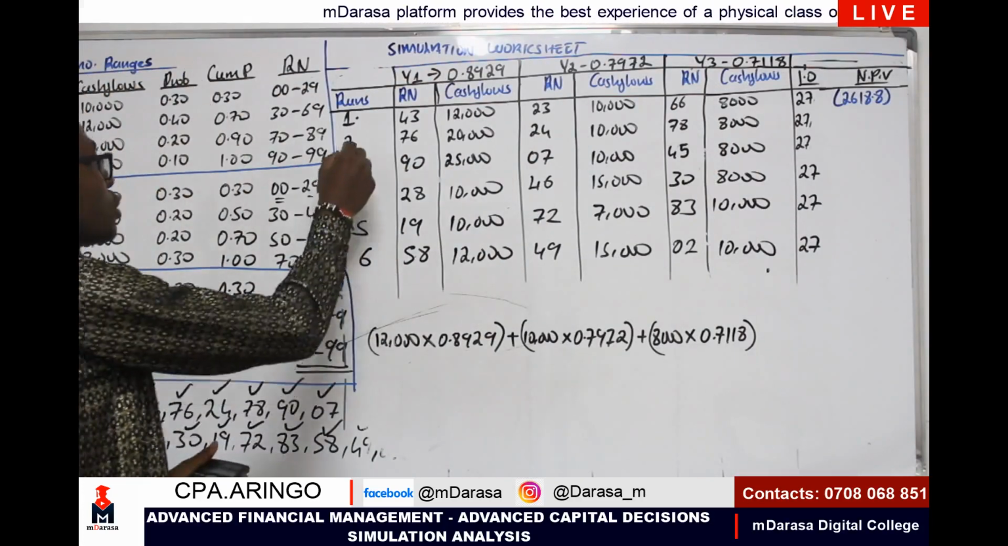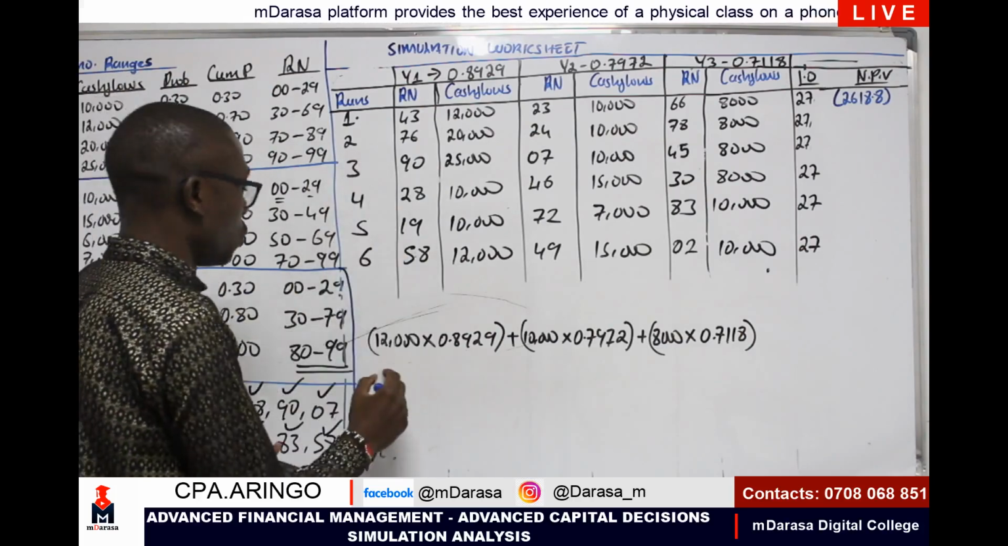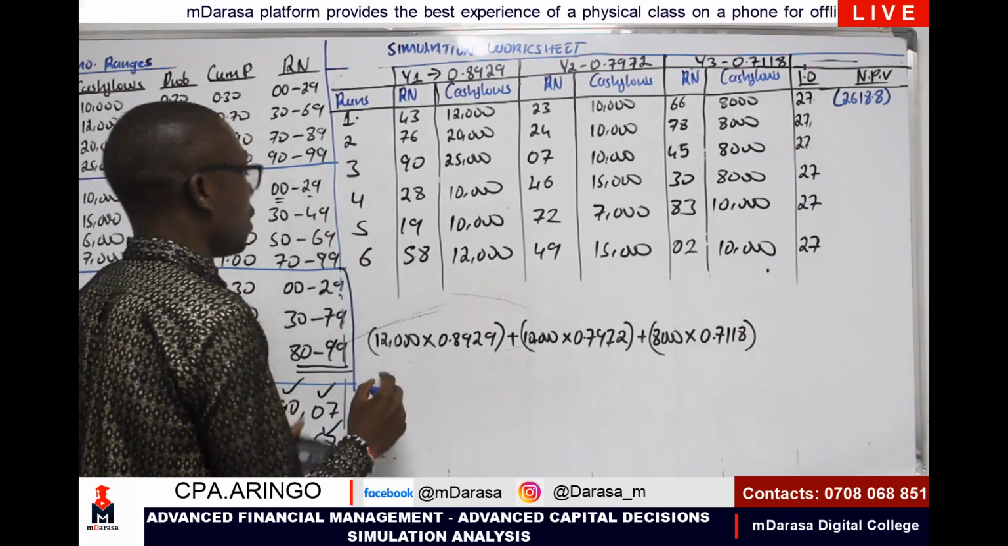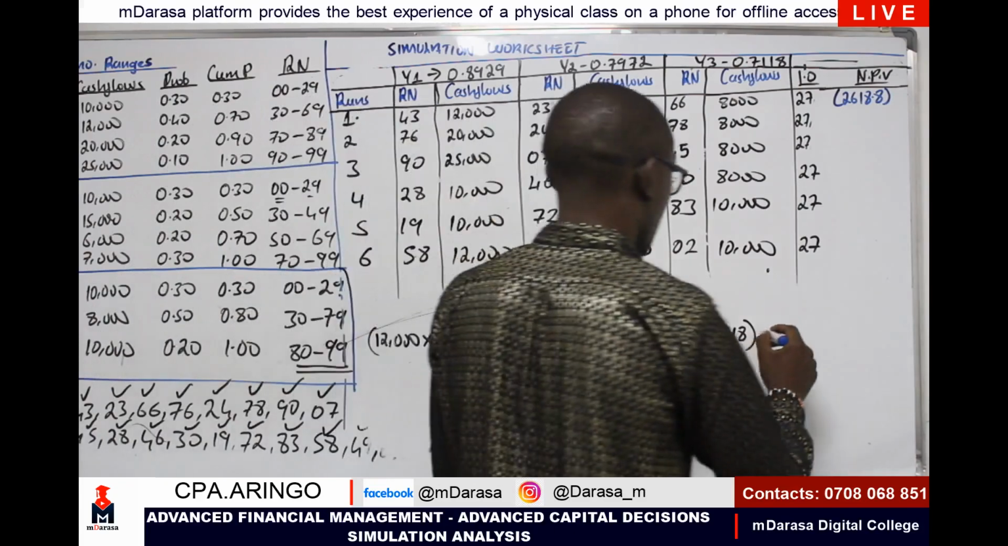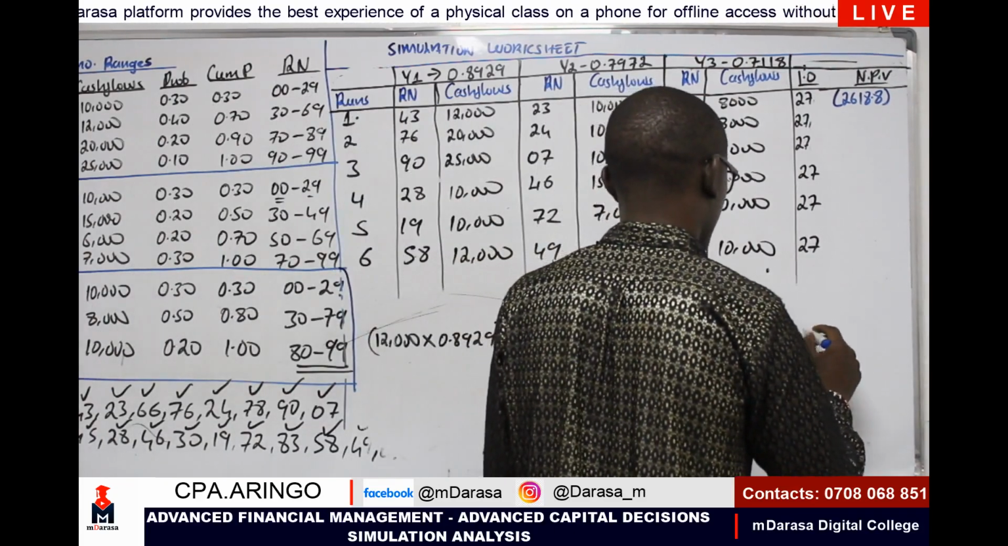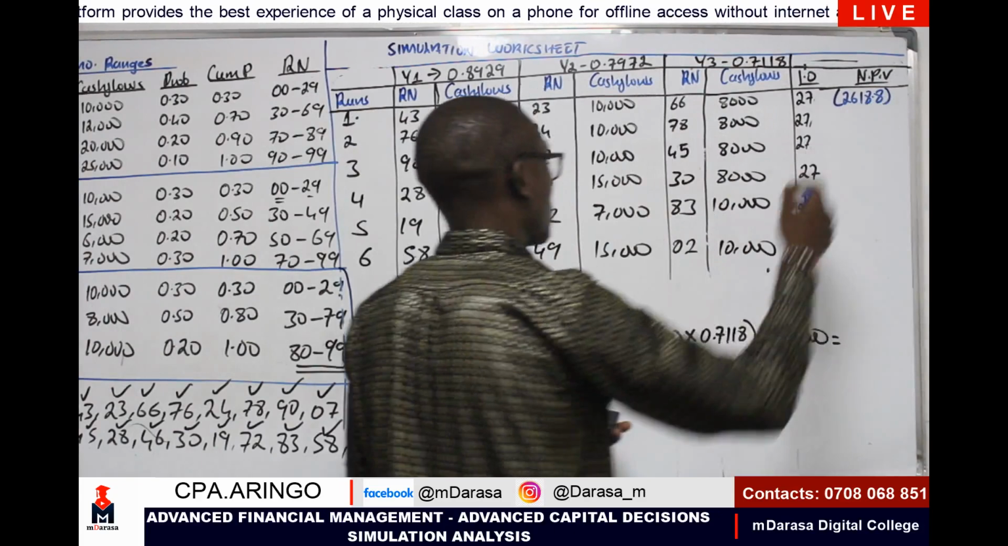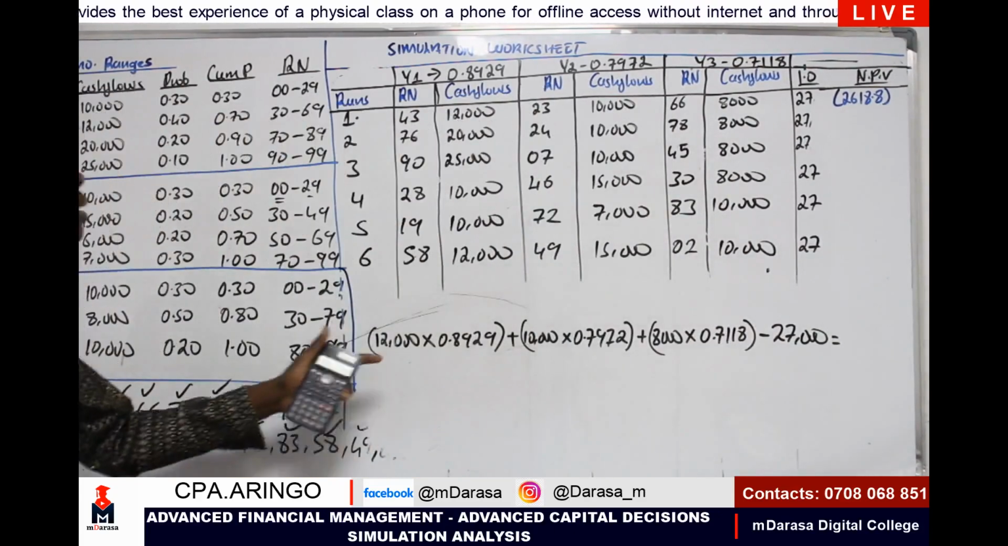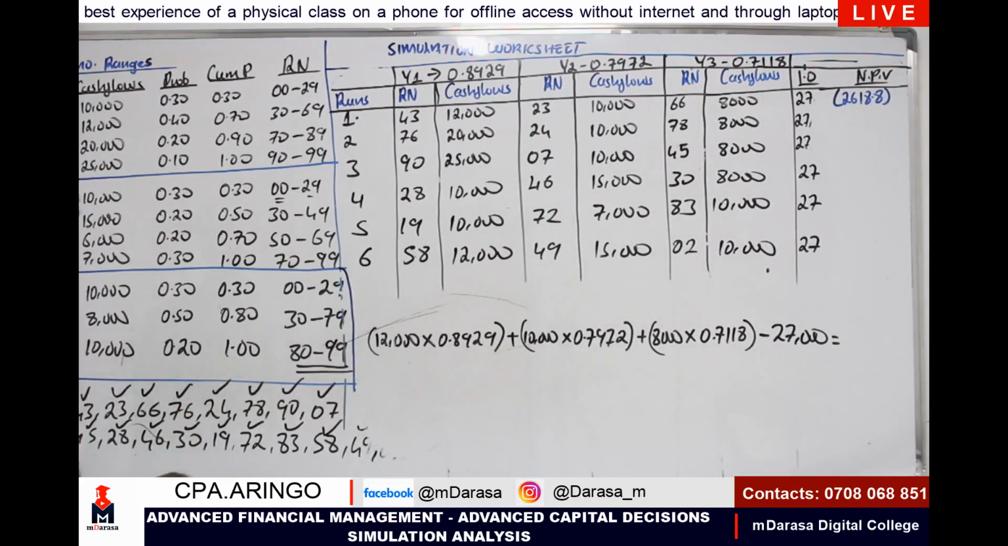Now, run number 2. What will we be having in run number 2? Here we say that this one is minus 27,000, right? All of that minus 27,000, that is what I'm getting there. Come to run number 2, basically I should be having